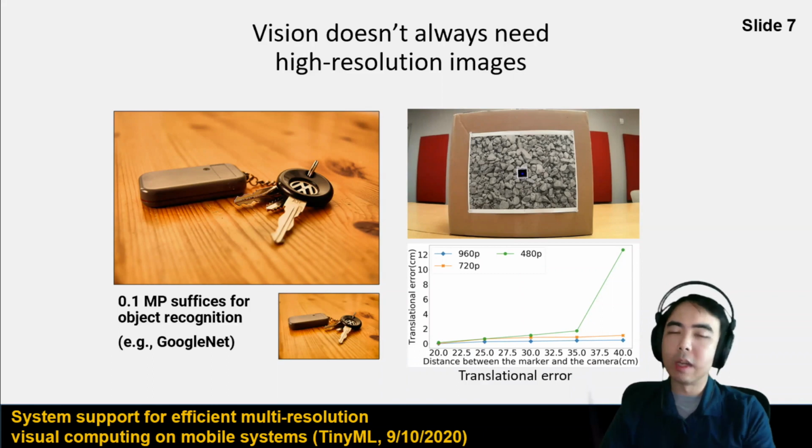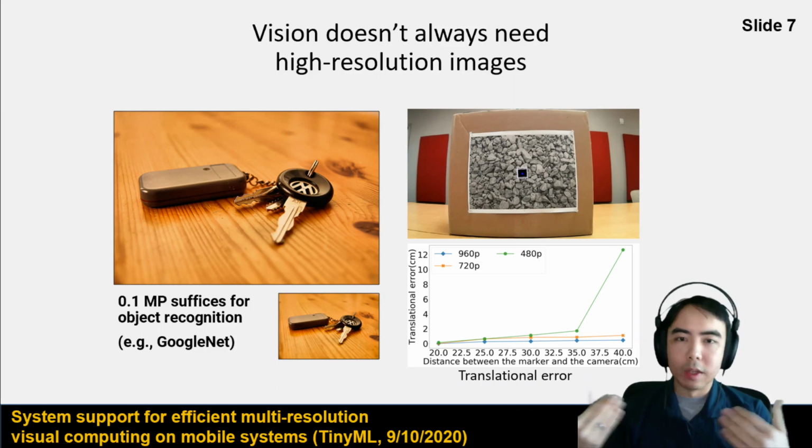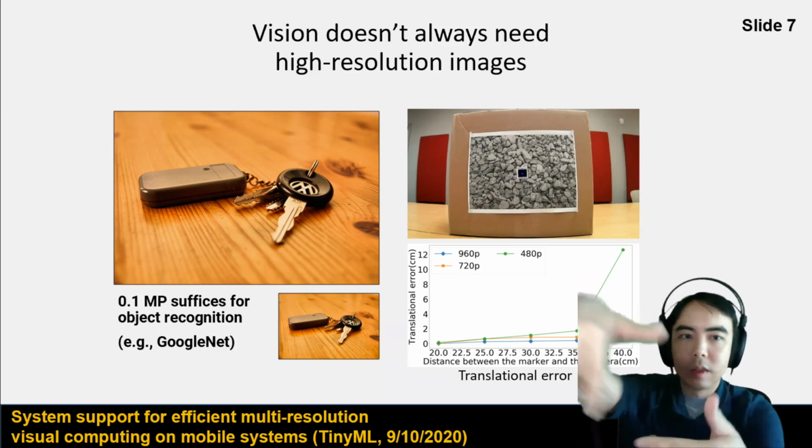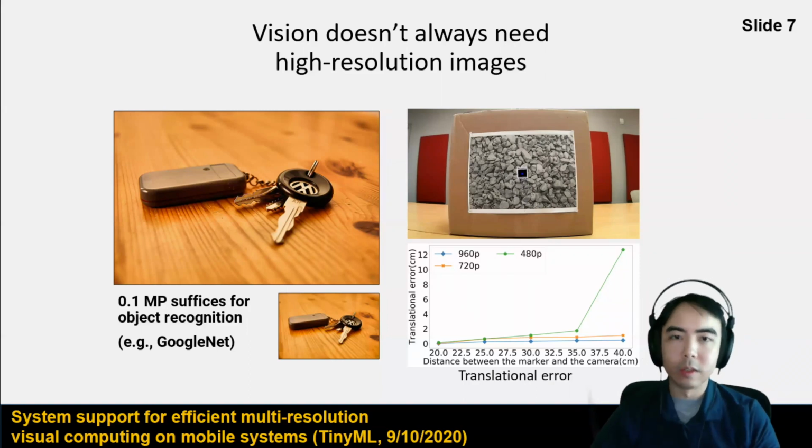Or if you're doing augmented reality, whether you're doing detection of surfaces so that you can know where to place objects, or for example, looking at a marker and seeing that the marker is far away, you might need high resolution, but when the marker comes closer to your camera, then you can actually use a lower resolution and still get away with having a low error in your tracking. And then you're going to be able to use that to overlay these different virtual objects on top of your physical scene quite precisely, despite operating at a low resolution. So it's nice if we could take advantage of those opportunities and have these trade-offs between high and low resolution.